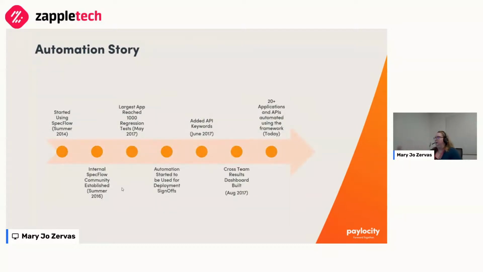So just a timeline of our project. Like I said, we started using this summer of 2024. We established one team started using this in summer of 2024. And so part of our Agile methodology, we demo every 2 weeks, every team. So that team just started to show in our sprint demos, here's this cool automation we wrote, here's this cool framework that we're using. And kind of word of mouth, a grassroots effort got